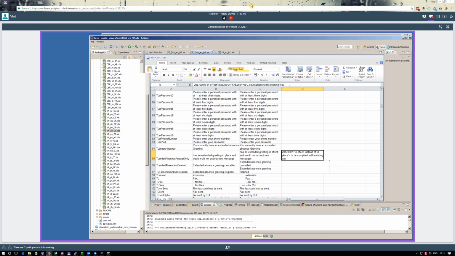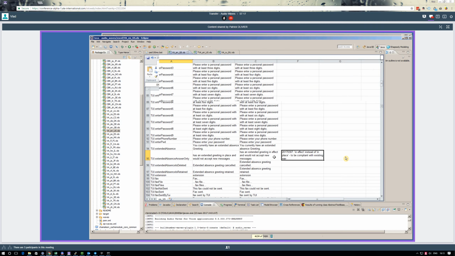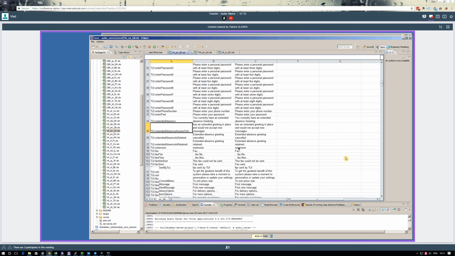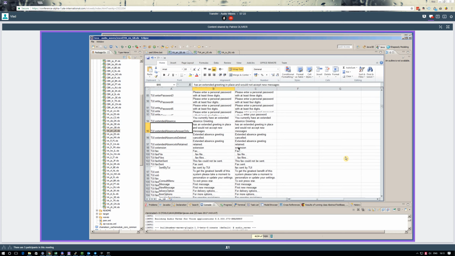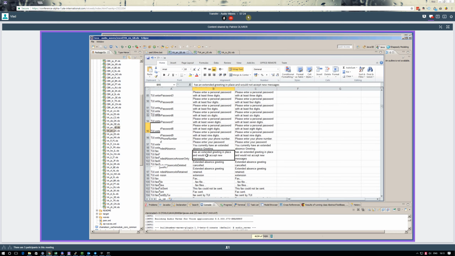In case you need to make changes to the wave, these files are the ones you have to provide to the person in charge of re-recording. You have to track all the modifications in these files.